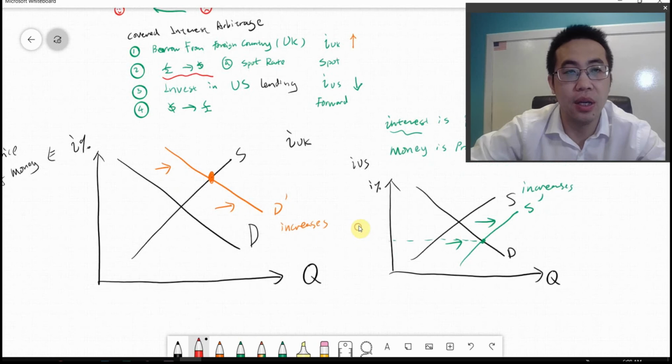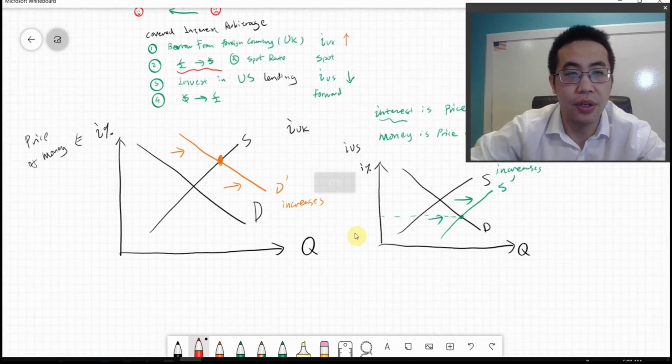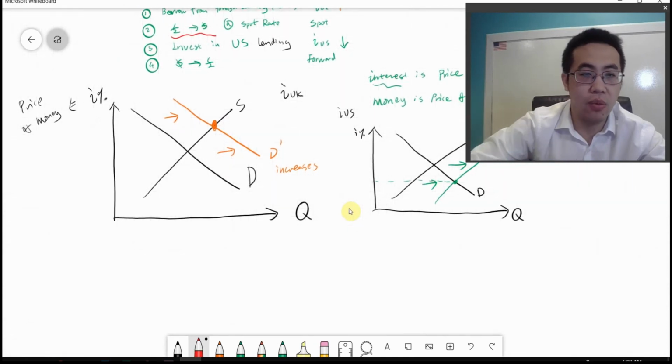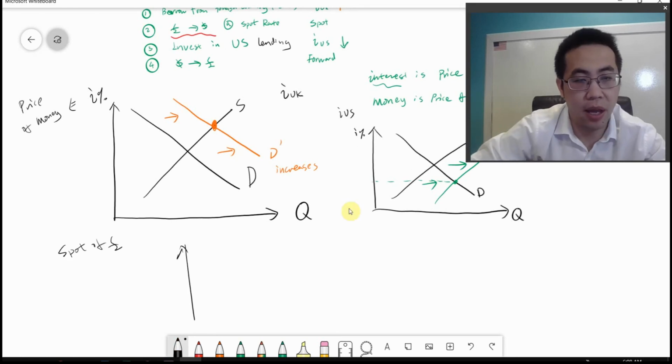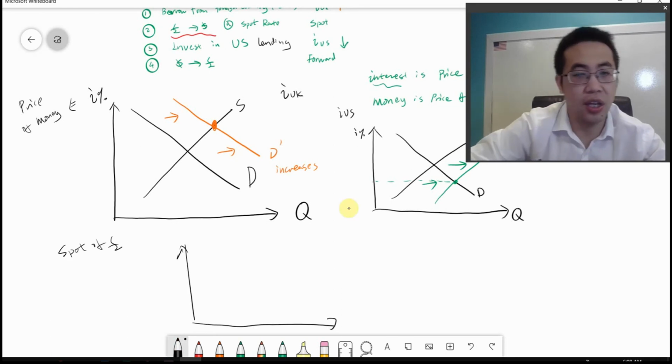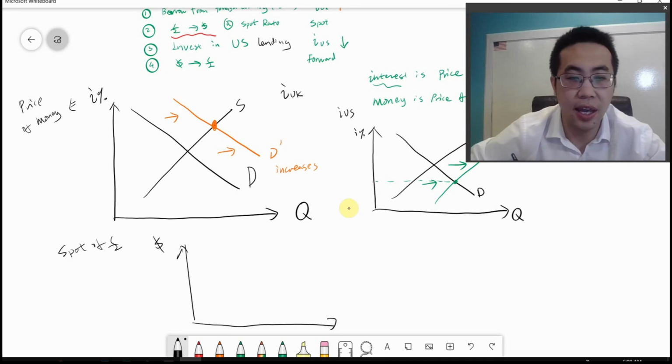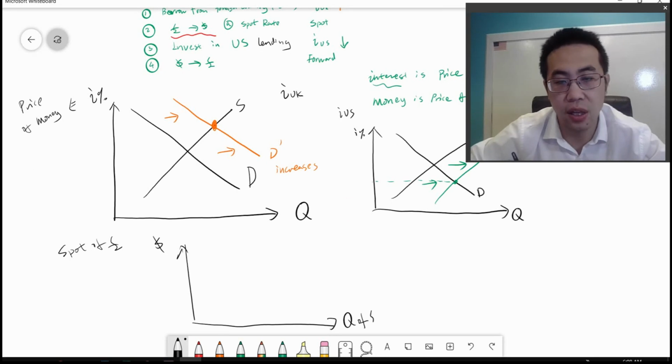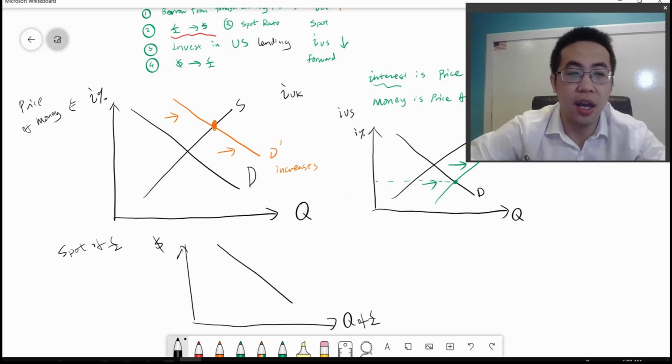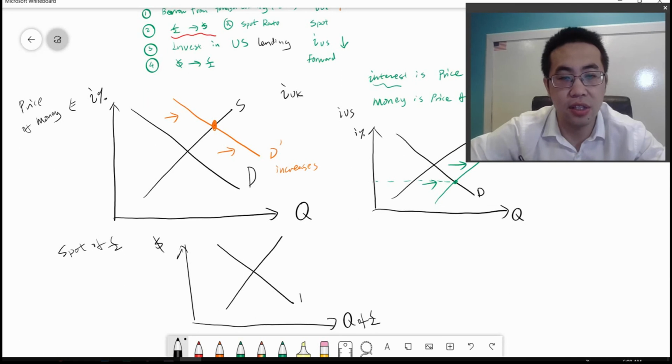And what would happen to the interest rate of the pound? So let me just write things right here. In the spot market of a pound, you should know that the pound price is expressed in US dollars, and the quantity is the horizontal axis, and there's a demand and there is a supply